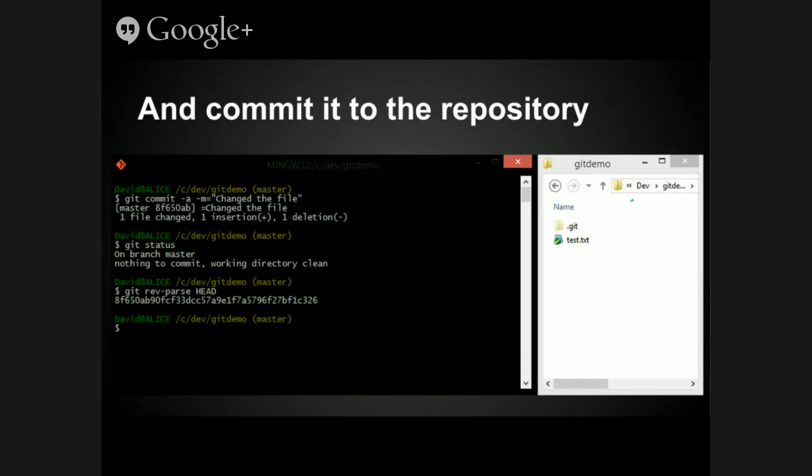So if I want to take a look at where I am, I was talking about how everything is a hash. If you type the wonderfully memorable git rev-parse HEAD, it'll give you the hash of exactly where you are in the repository. So you're definitely not going to remember all these command line prompts from this at all. Don't worry.